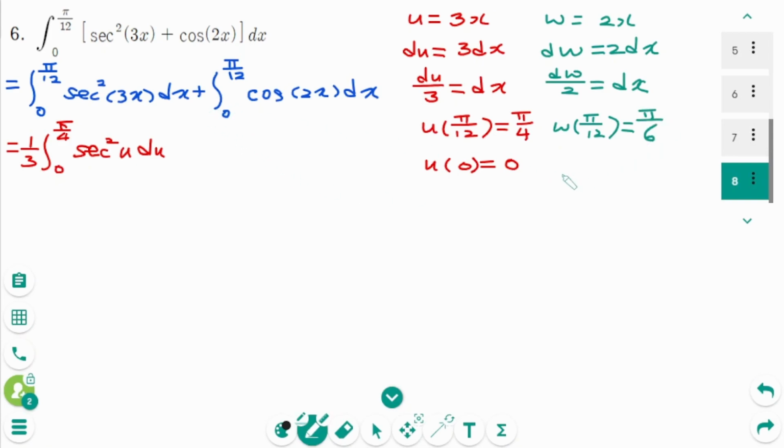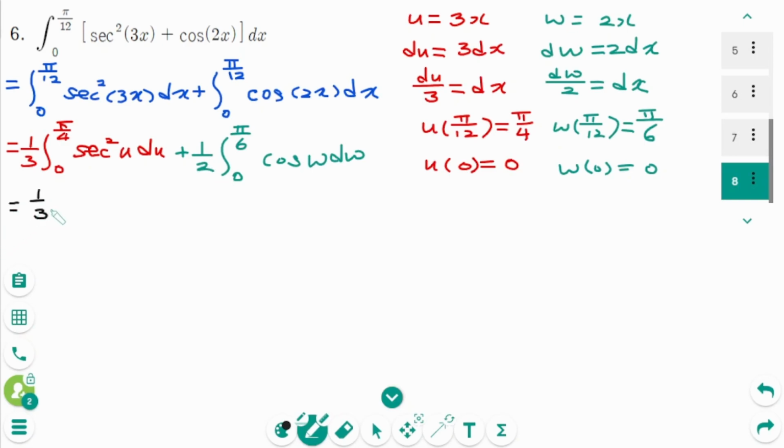When x equals 0, then w of 0 equals 2 times 0 equals 0. Then plus the integral where the lower limit is 0 and the new upper limit is pi over 6. Cosine 2x is cosine w. Then dx equals dw over 2, so dw with a factor of 1 over 2